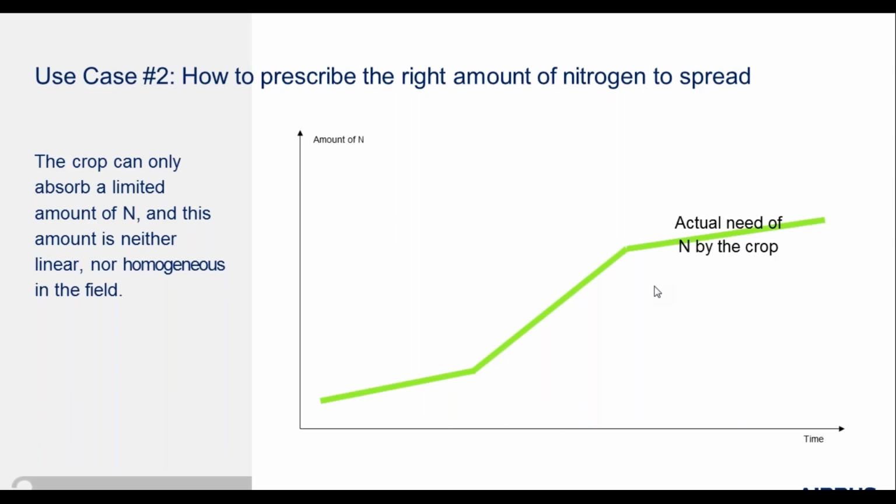How to prescribe the right amount of nitrogen to spread. So that's a major use case to help the farmer optimize the fertilizer spread in the field, because the crop can only absorb a limited amount of nitrogen. This amount is not linear, and in fact, it's rarely homogeneous in the field. And here you have a curve that is featuring the real need of nitrogen by the crop all along the